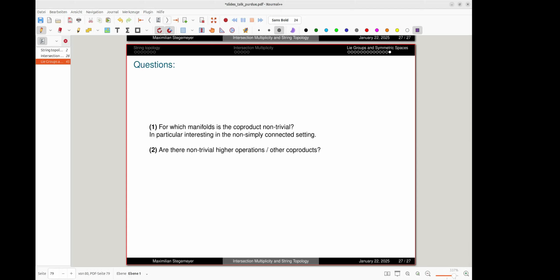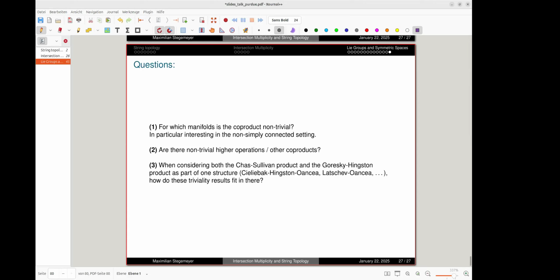And finally, and this is also quite puzzling to me, people are interested in considering both the Sullivan product and the Goresky-Hingston product or coproduct as part of somehow one big structure. Just to mention a few papers here: that by Chilibak, Hingston, Wanscher, and by Lachev, Wanscher, there's work in this direction. They usually don't consider directly the Goresky-Hingston coproduct, but at least in Chilibak, Hingston, Wanscher, they actually